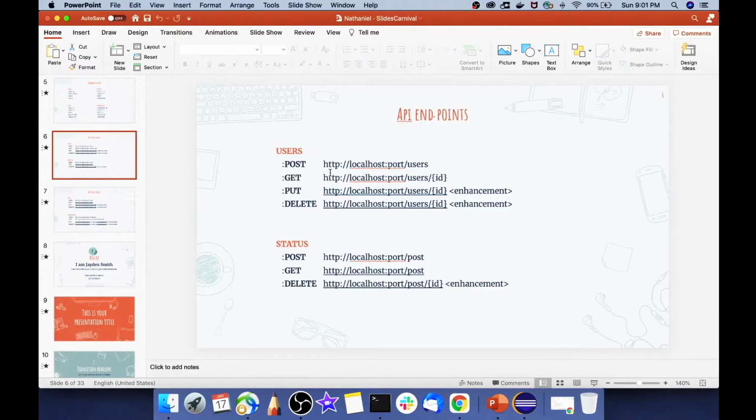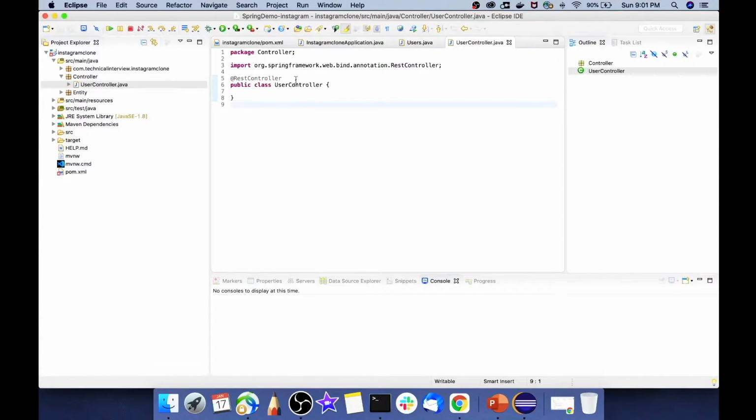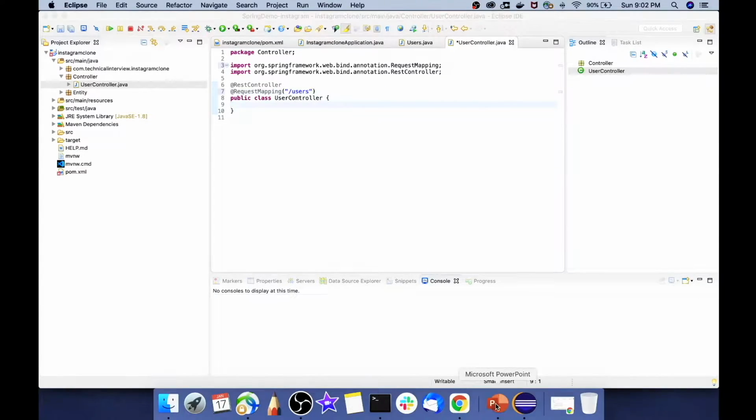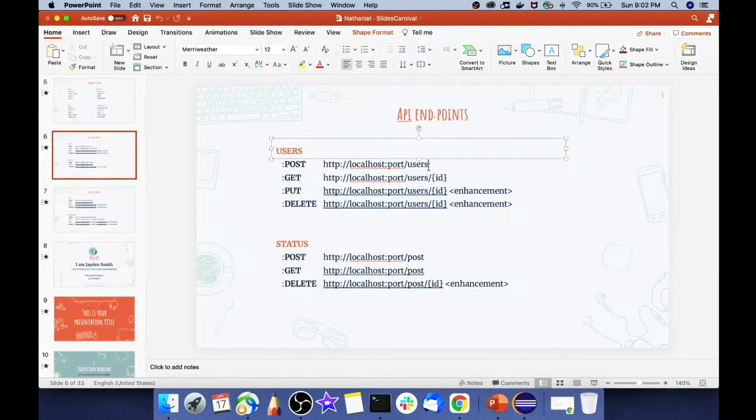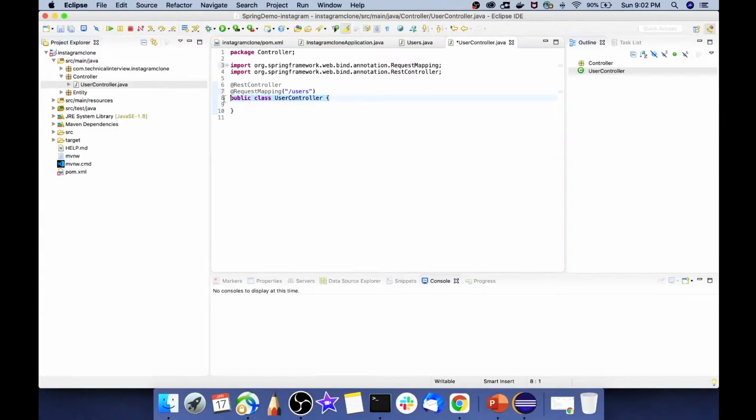The endpoint of our user service is /user, so in our controller also we will map it with /user. We will give the annotation RequestMapping, and here we will give the path /user. This means that whatever path ends with /user will hit this controller. So we are done with setting up the controller.